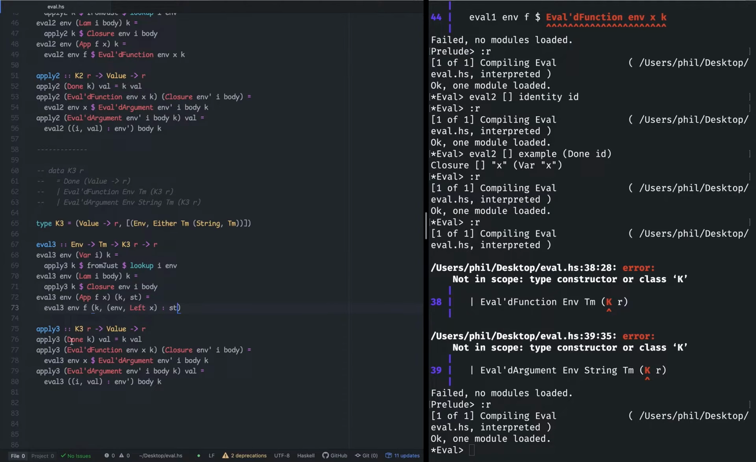If I have, well, done is going to be represented by an empty list. So if we have k and an empty stack, then we apply the k. And to pattern match on eval function, that's like saying that we have k and env and left x on the top of the stack. And here we have k and env and the right of, I guess I call it env prime, we can clean this up later, right of I